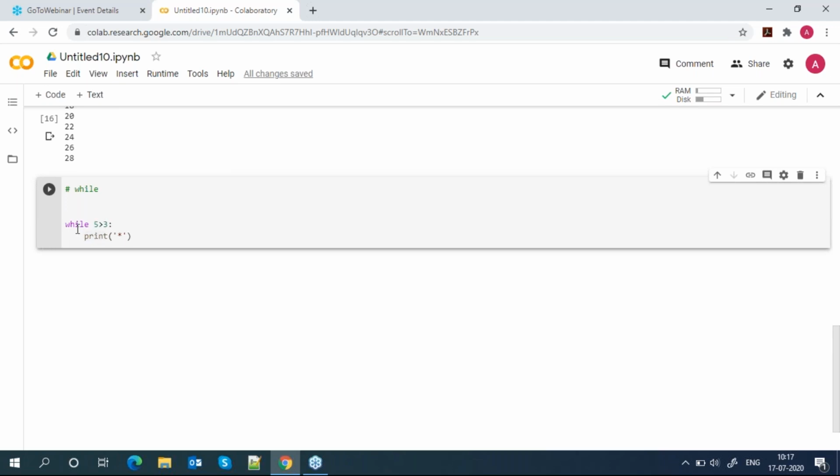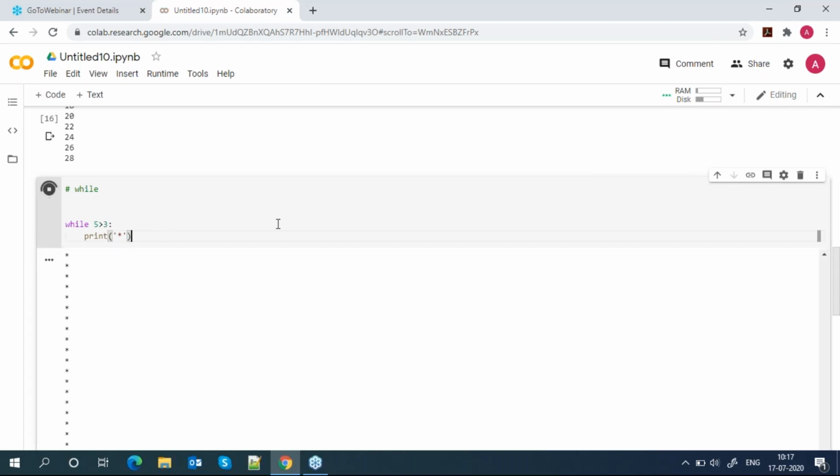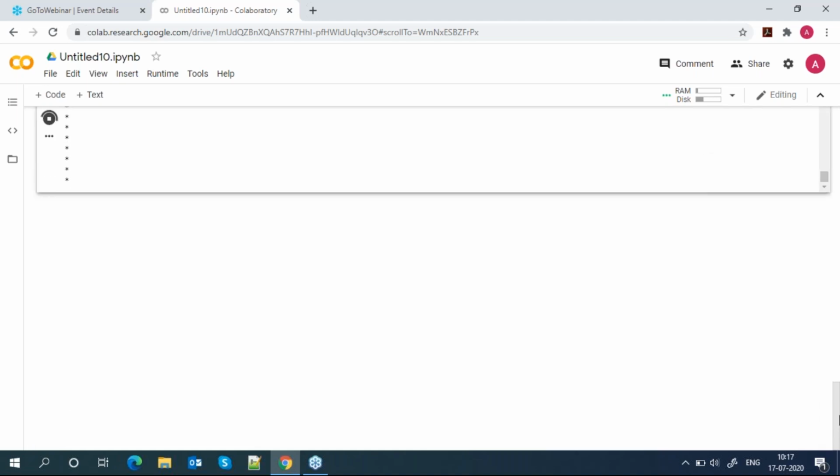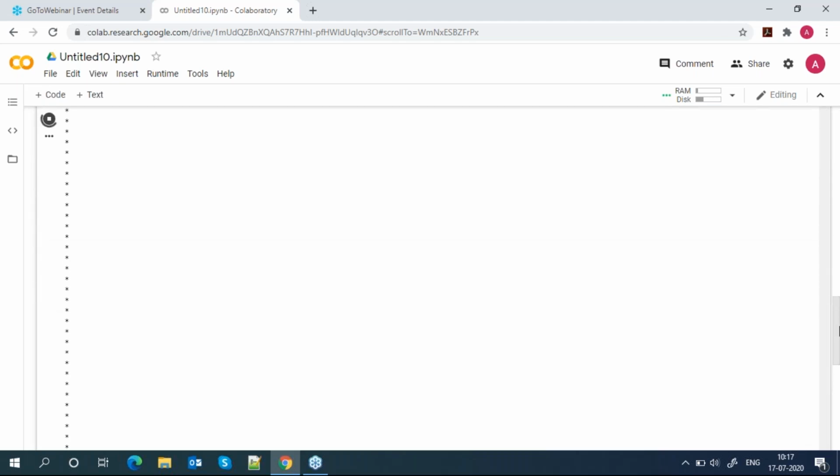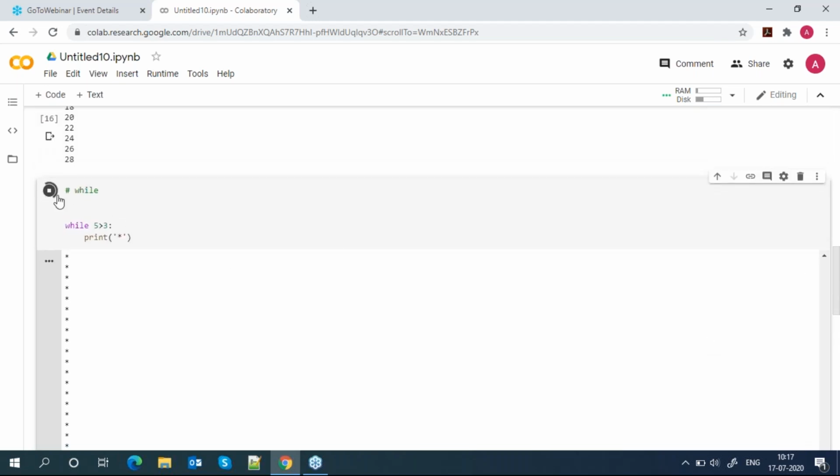So every time it will print star, then again go to the while loop condition and check. This condition is true, then print star. In this scenario, my condition is always true, so it is running continuously till you stop it. Let it stop, otherwise the system could hang. So this is your infinite loop.